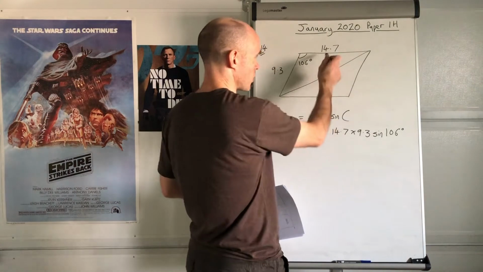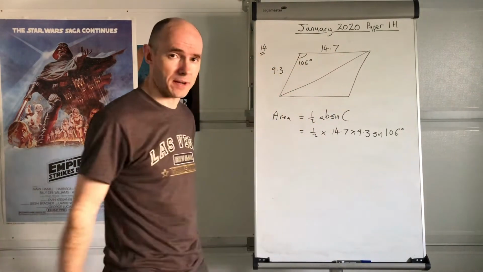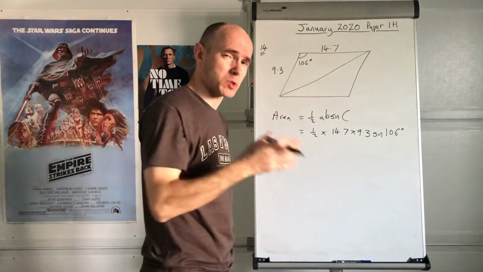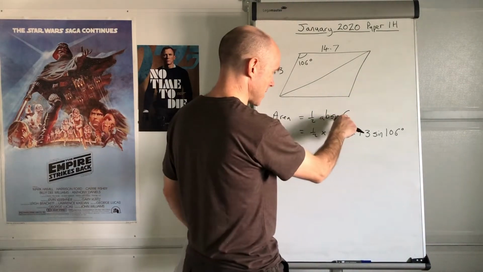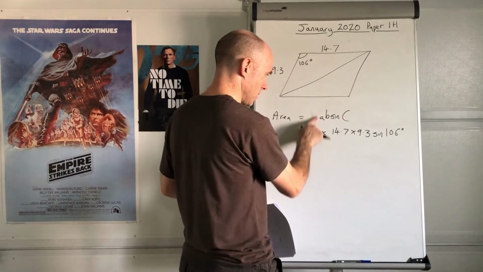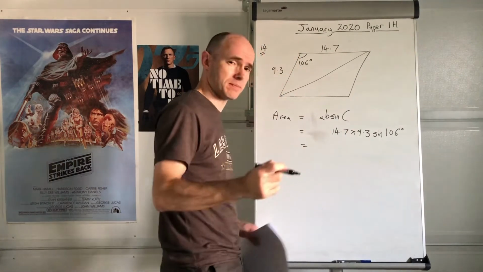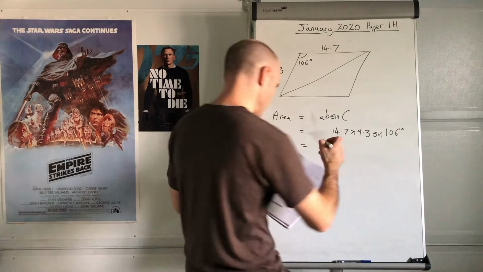Now that just gives you one of these triangles. To work out the area of the whole thing, you double it. When you double it, 2 times a half is just 1, so you just end up with that. Makes sense to you? Good. And then you get